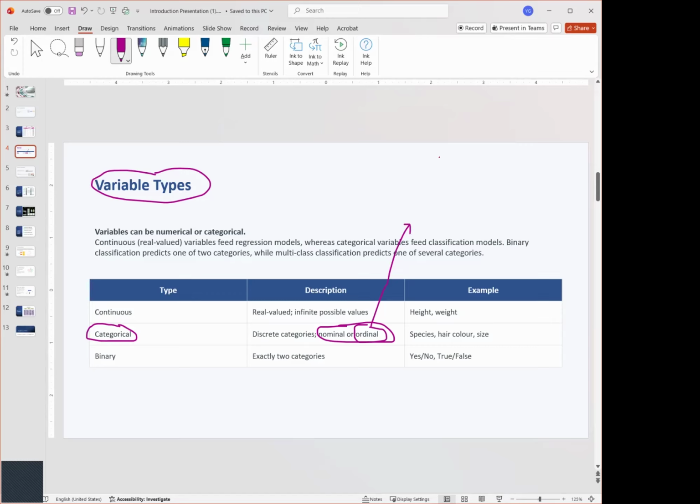For example, agree, disagree, strongly disagree.